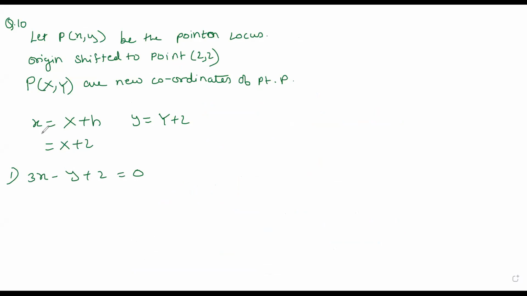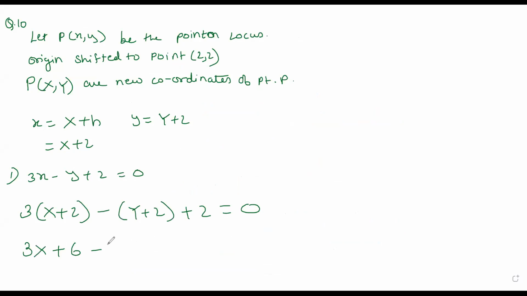So in place of x, I'll put X plus 2. So 3(X plus 2) minus (Y plus 2) plus 2 is equal to 0. 3X plus 6 minus Y minus 2 plus 2 is equal to 0. 3X minus Y plus 6 equal to 0